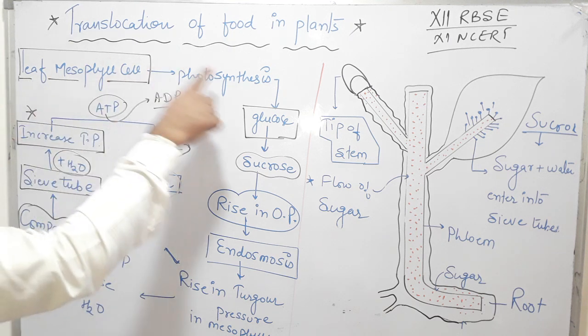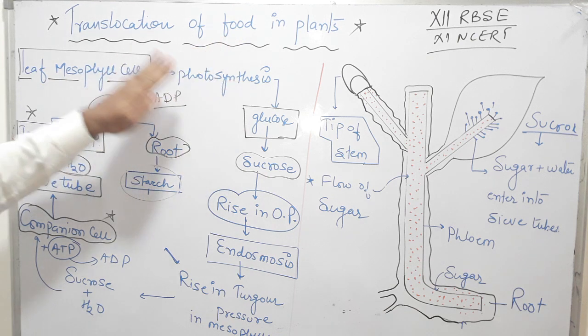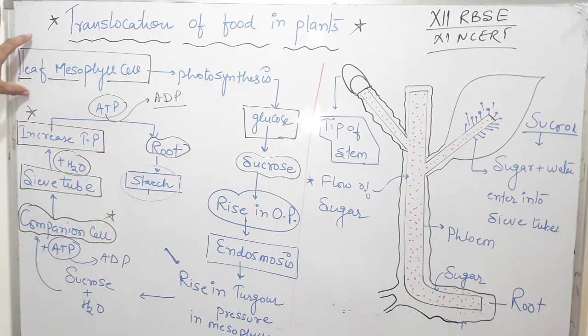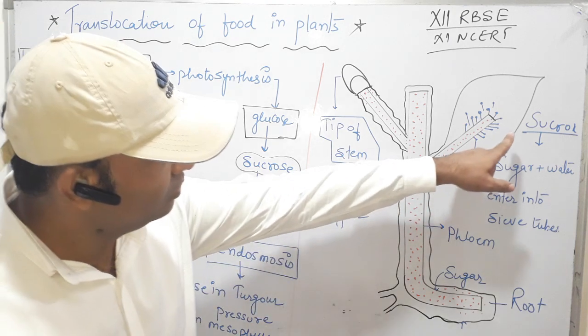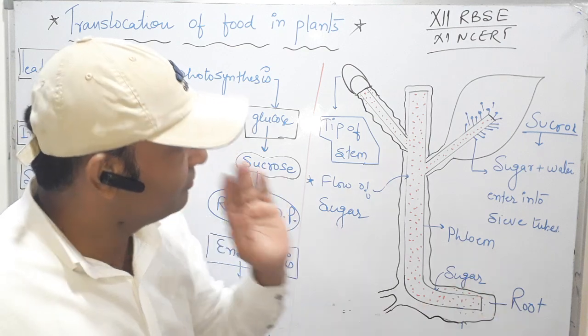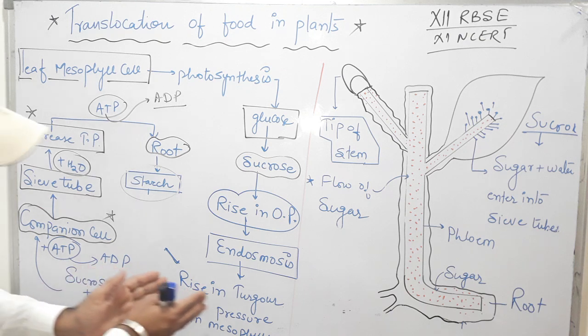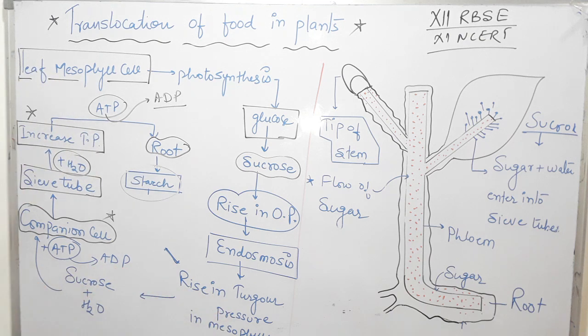So it is the flow diagram of translocation of food, or translocation of sucrose, from the leaf to the root. This mechanism reveals how food is synthesized in the leaf and then transferred into the root. Now one by one we take the different name explanations with the ray diagram. First is the mass flow hypothesis. Here it is the mass of sucrose. Clear? So here the mass of sucrose is flowing. So it is the mass flow hypothesis.